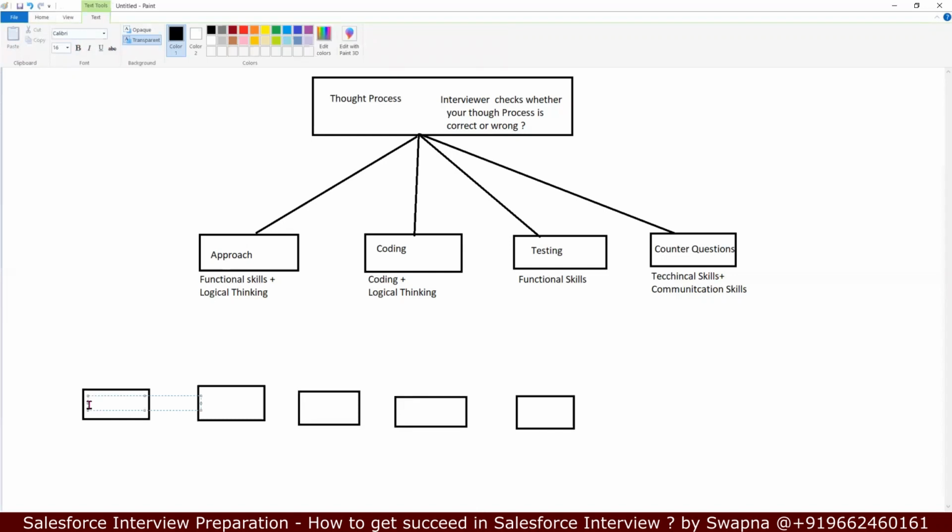The first one is understanding the business requirement at a high level. For example, as soon as the operator lead is received from the third party system and the lead goes to qualified, I want to convert the lead to the opportunity. That is a high level requirement: converting the lead to the opportunity.